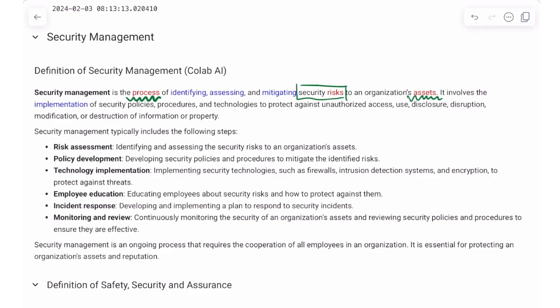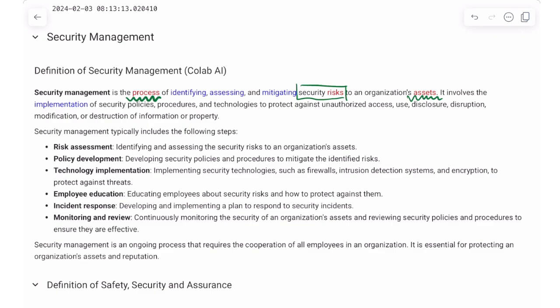You have to collect information, you have to analyze that information, and you have to respond to that, and so on and so forth. So it is kind of a process. So what you should do in such a process, in this definition, it says identifying security risks, assessing security risks, and mitigating them. So first, you have to deploy some tools, some algorithms, some other knowledge base, some human expert to help you identify what kind of security risk is in your organization. So that's the first step.